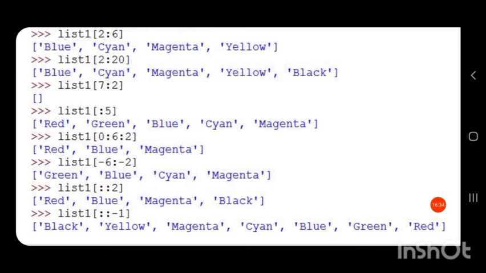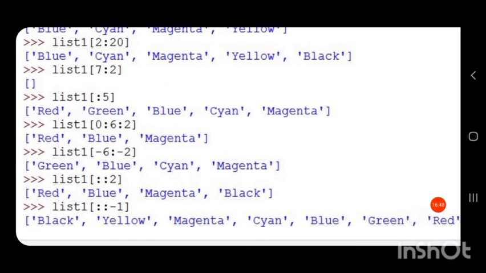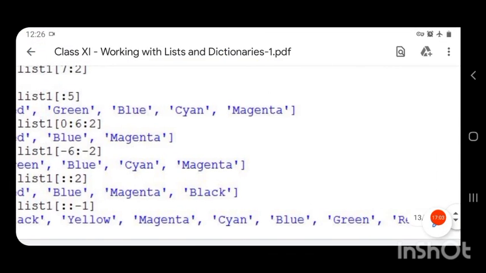Stop is not specified, so all the elements in the list will be considered. Step is 2, that is first the value at index 0 will be selected, then 0 plus 2, that is index 2 will be selected, then 2 plus 2, that is index 4 will be selected, and 4 plus 2, that is 6, the element at index 6 will be selected.